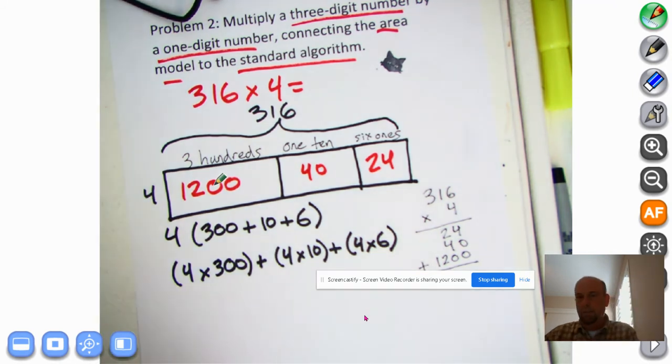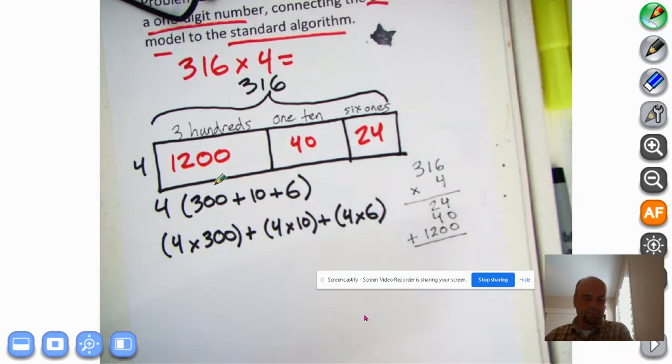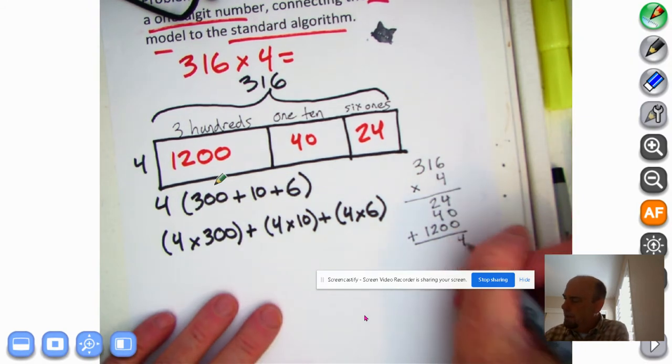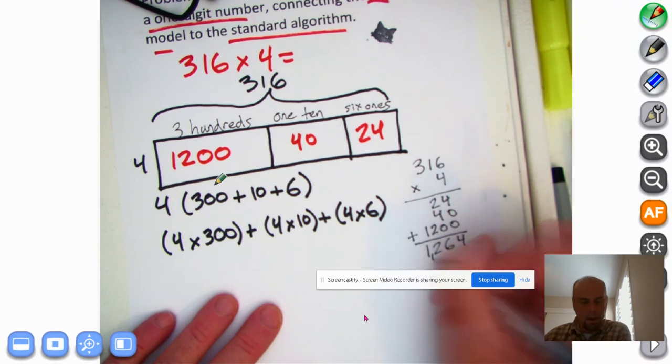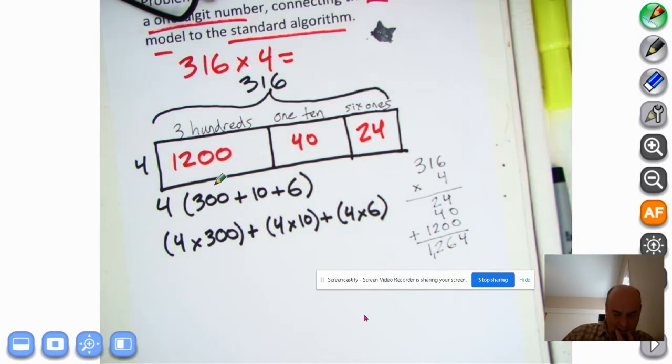But first, let's do the partial products. Go ahead and add that up. And we're going to go 4. 2 plus 4 plus 0 is 6. Bring down the 2, bring down the 1. We have 1,264, okay? And one more way we're going to go about this with the standard algorithm is